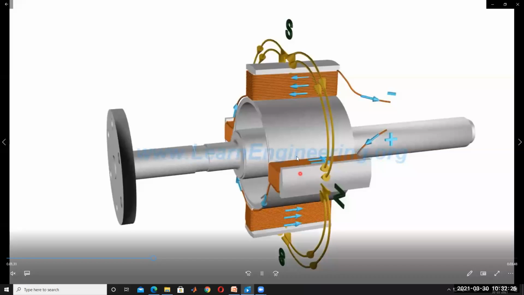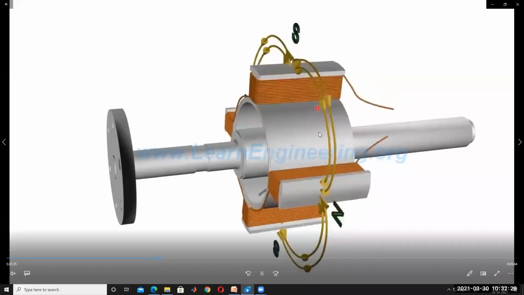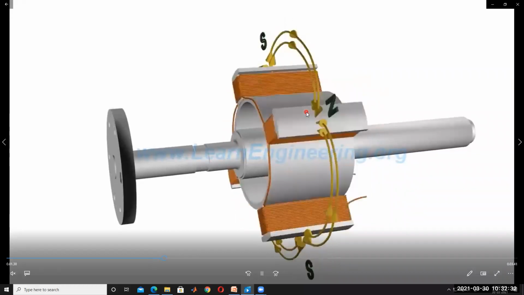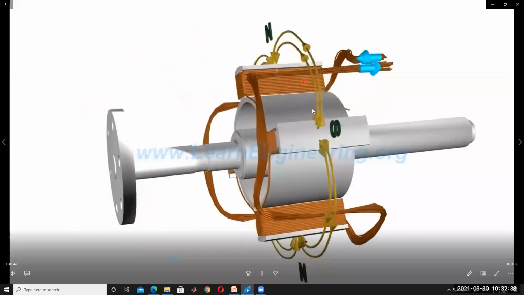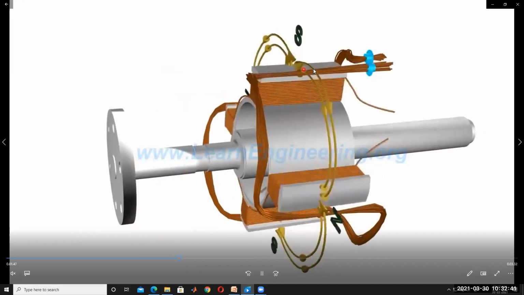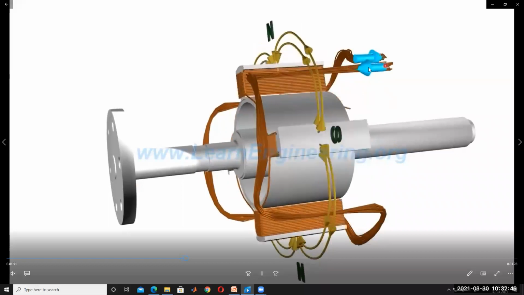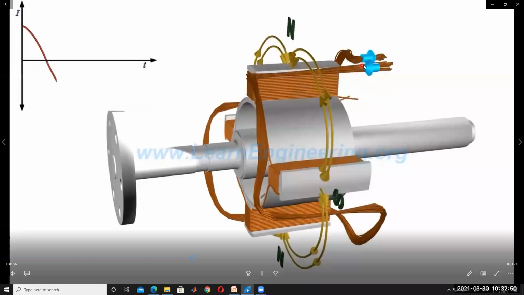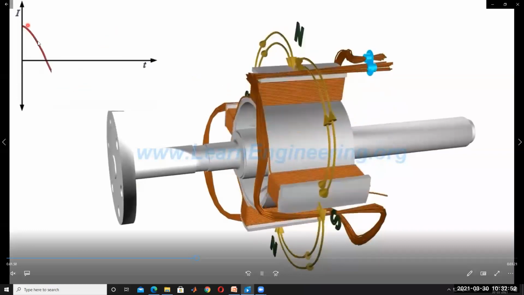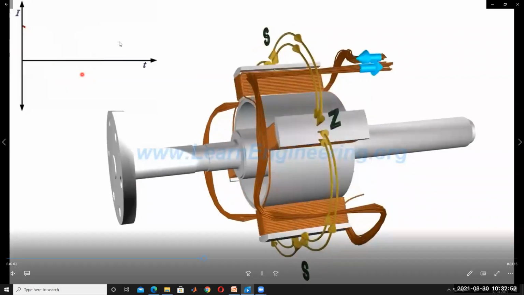So it is placed on this rotor, and it is rotating. The north pole and south poles are developed, and this is called the stator winding. If the stator winding is placed inside this field winding, then EMF is induced like this. The current changes in this manner. This is called alternating current. If it is single phase, the EMF and current will be generated and change like this.